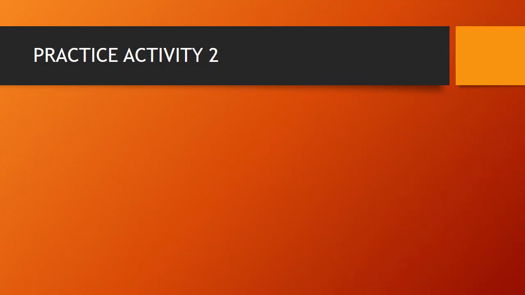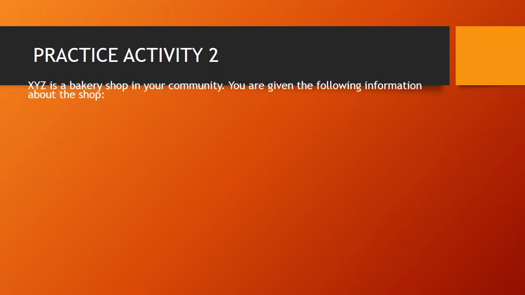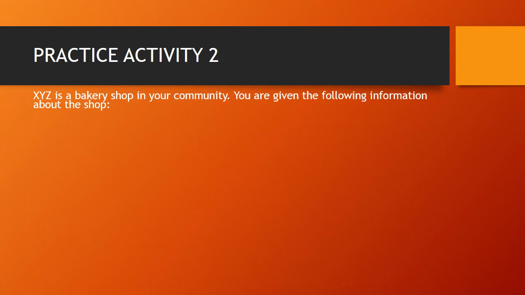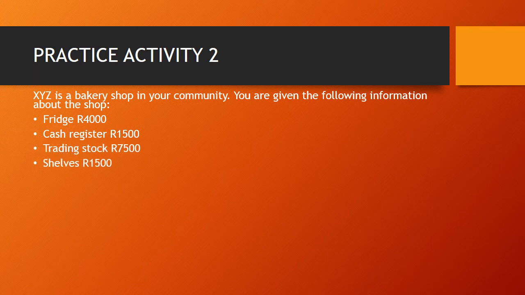And now we have a second practice activity. XYZ is a bakery shop in your community. You are given the following information about the shop. Fridge to the amount of 4,000, cash register 1,500, trading stock 7,500, shelves 1,500, oven 15,000, baking trays 1,400, tables and chairs